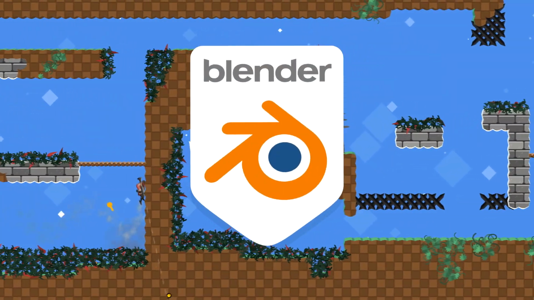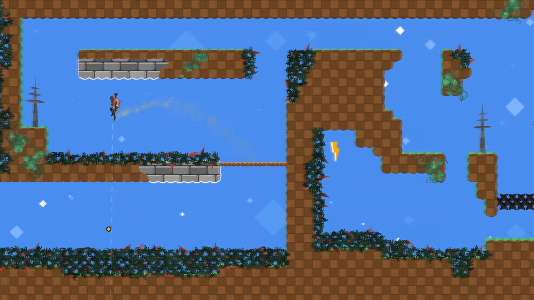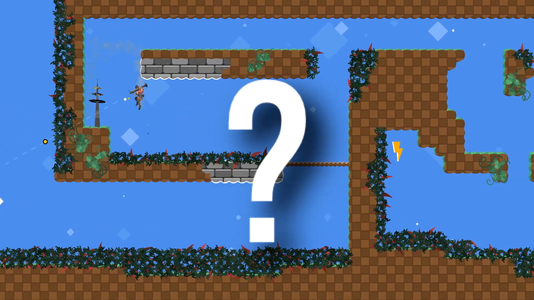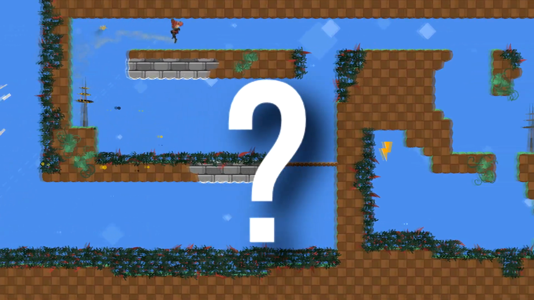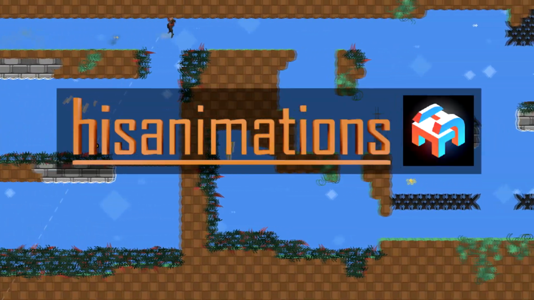I'm sure you've heard of it, it's a way to make 3D models and animations and stuff. If I could just get Soldier into Blender, then I could easily get him into Unity. And thus, the riddle became, how do I get the models and animations from a source game into Blender? Well, to be perfectly honest with you, I don't actually know, because my friend Hisanimations had to do it